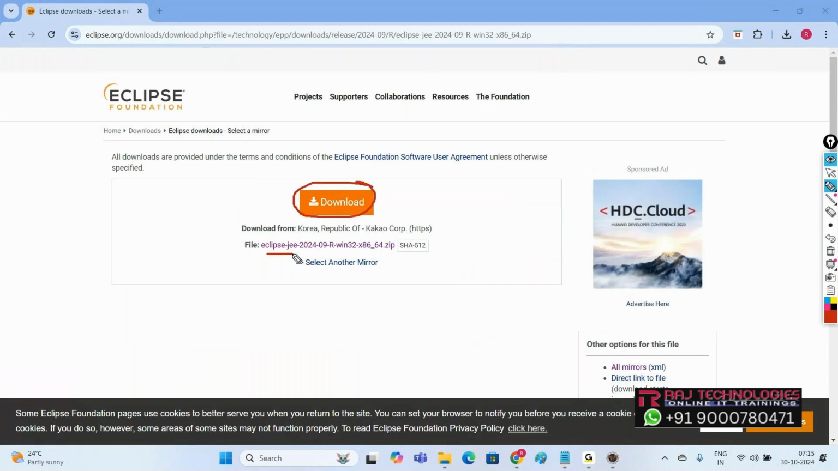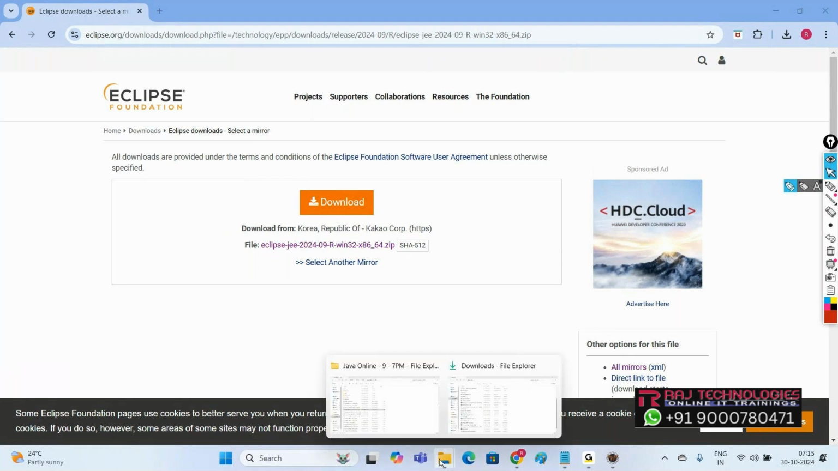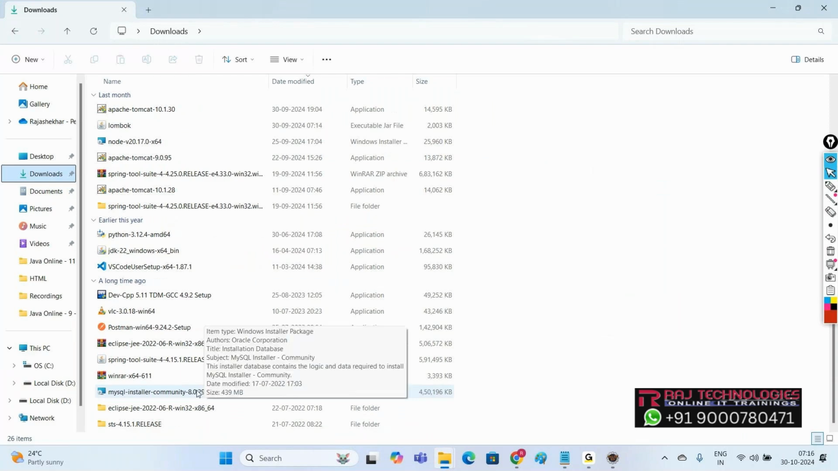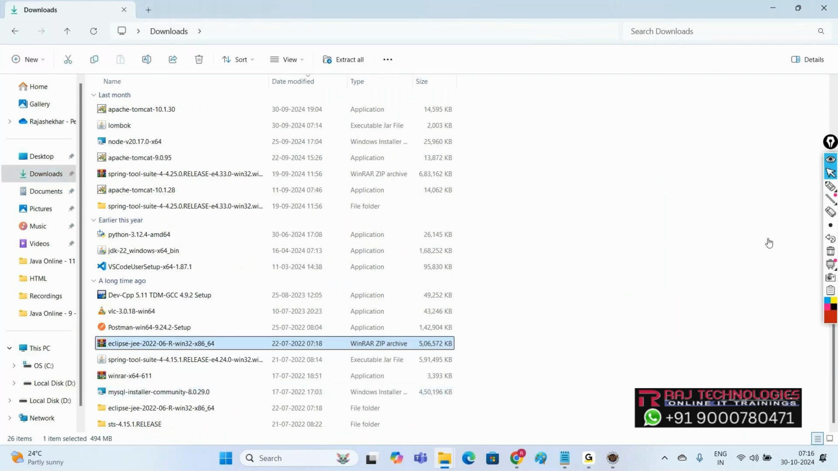Eclipse JEE, it's a zip file. It's going to download a zip file. And once we download the zip file, in our case, it has been downloaded into the downloads folder. This is the file which has been downloaded, Eclipse JEE